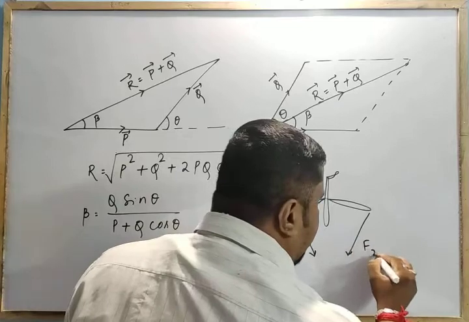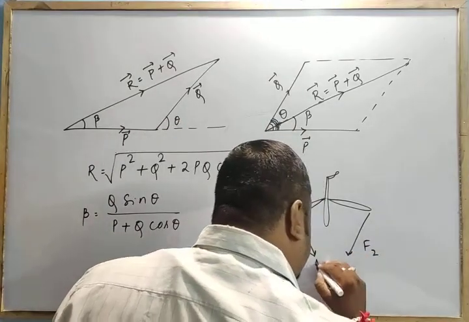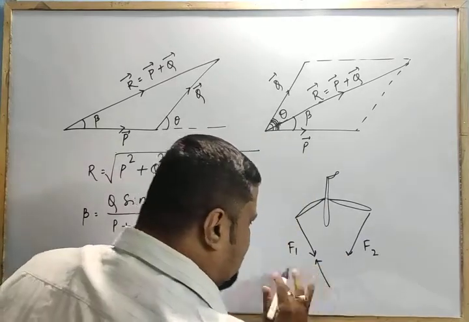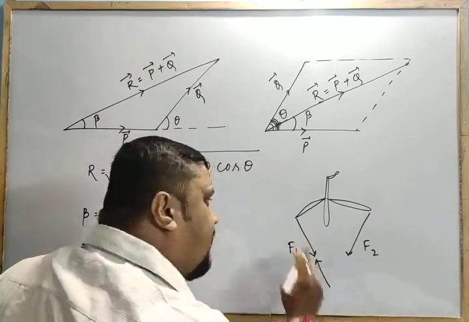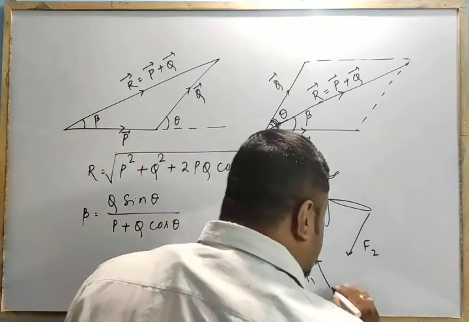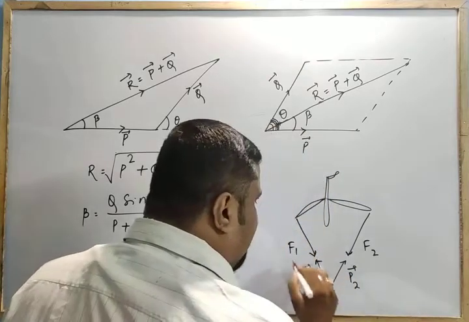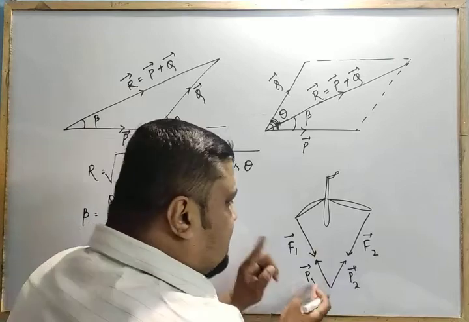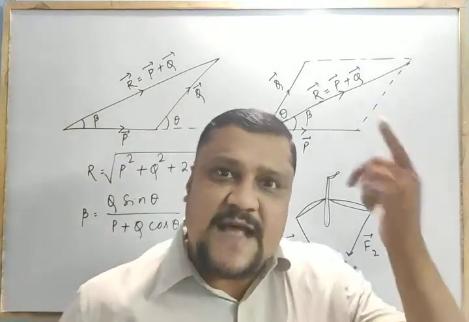F1, F2. Then the air pushes in the opposite direction. So this is the resultant R1, or you can say this is, suppose, P1, the force by the air, equal and opposite. What is F1? That is P1. Then this is P2, opposite. P1, P2, F1 and F2. So what is this F1? That is P1, but in the opposite direction. F2, P2. Action, reaction, Newton's third law.